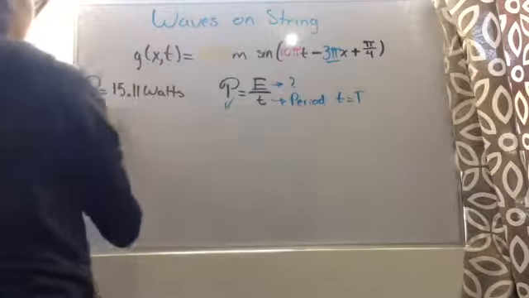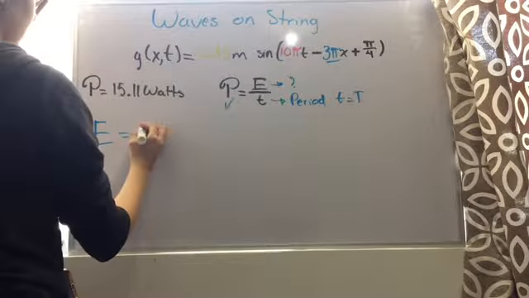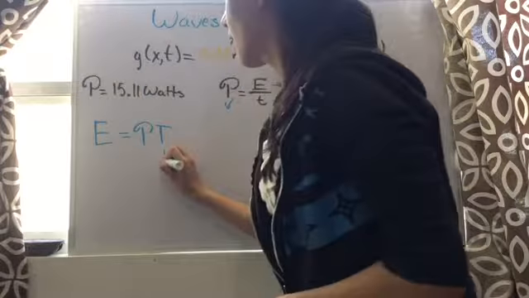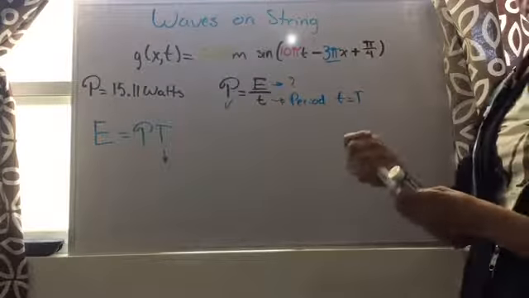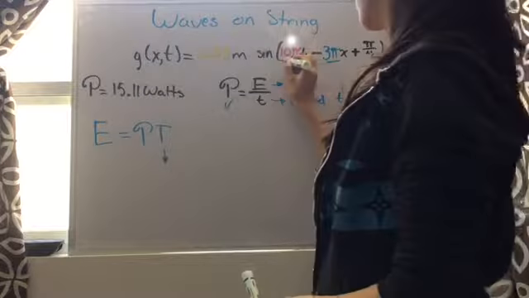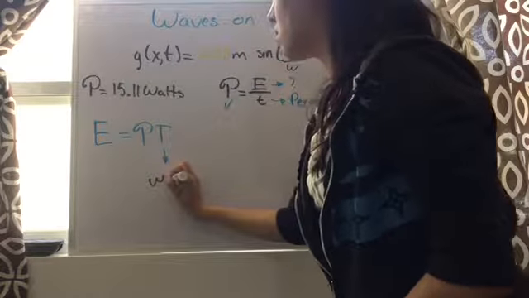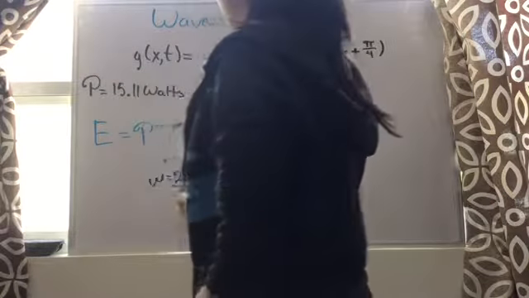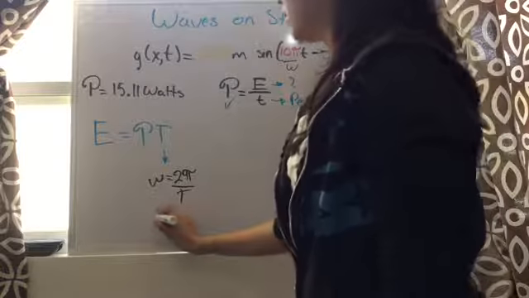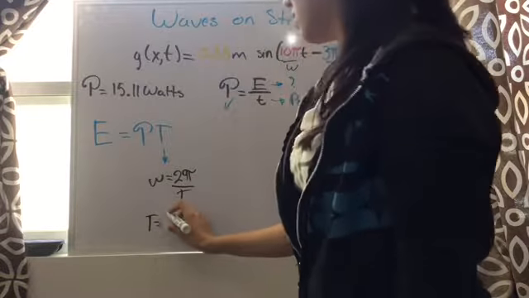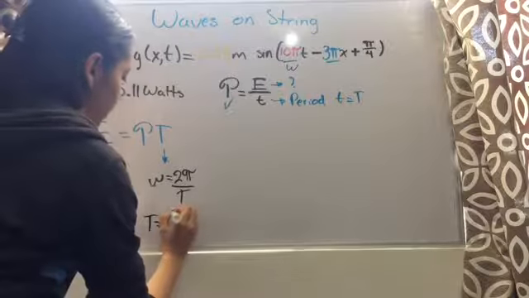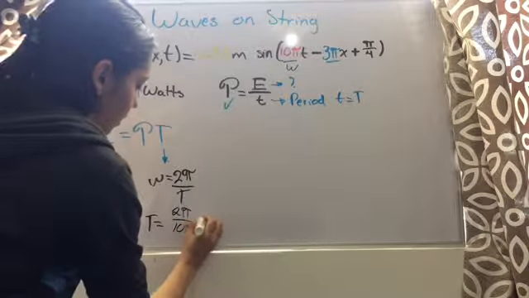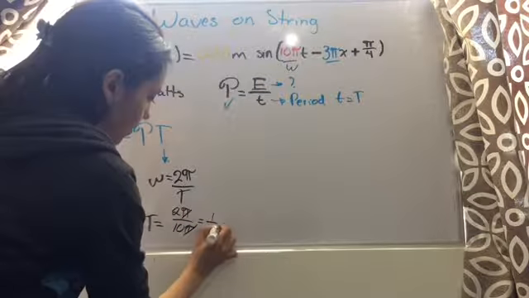So the problem is asking us for the energy, so we only have to isolate this from our equation. But what happens with time? We have to recall another equation, that the angular velocity equals 2 pi times the frequency, or 2 pi divided by the period, which is the equation that we need. And from here it's easy because we already have the angular velocity and we only have to substitute that in our isolated equation of the period. And this will give us